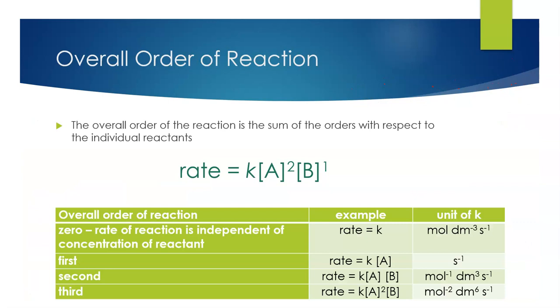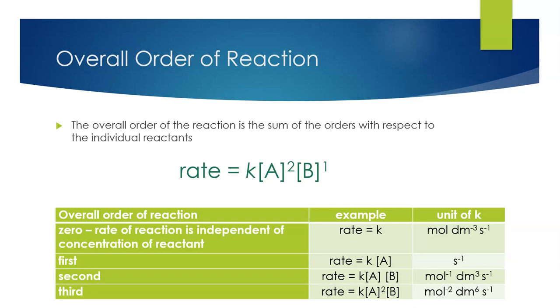So, as I said before, this gives us the order with respect to each reactant. The overall order of the reaction is the sum of the orders with respect to individual reactants, and the individual reactants in a reaction can have different orders. We saw this with SN1 and SN2, where we talked about the formation of the carbocation. The slowest step is going to be that. It doesn't matter about the concentration of sodium hydroxide as long as the rate determining step is the formation of